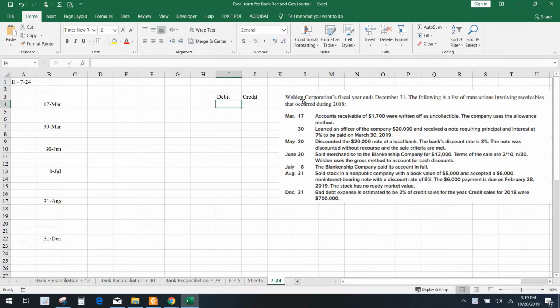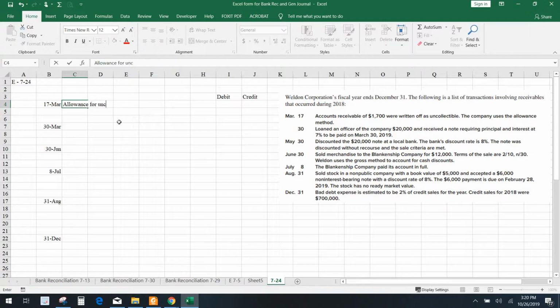So the problem reads, Weldon Corporation's fiscal year ends December 31st. The following is a list of transactions involving receivables that occurred during 2018. First transaction, March 27th, accounts receivable of $1,700 were written off as uncollectible. The company uses the allowance method. So the information is pretty much given in the problem. They use the allowance method, so the debit is to allowance